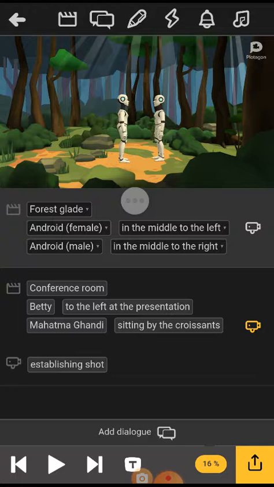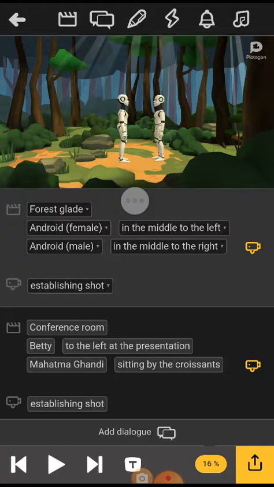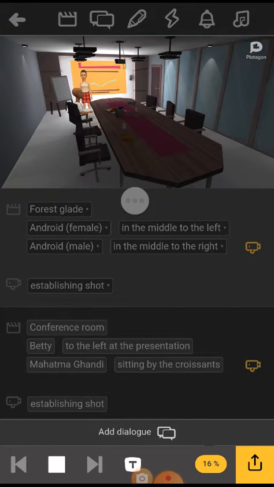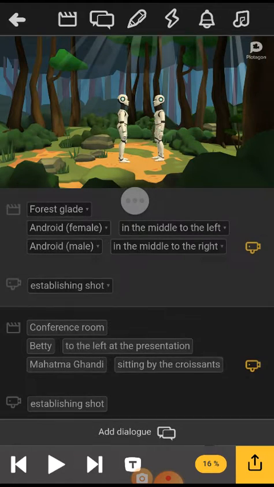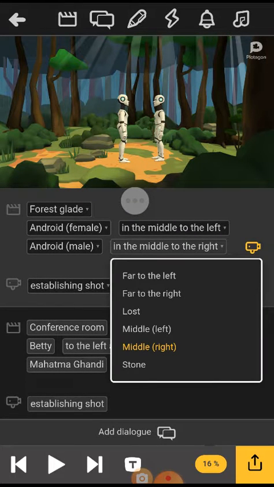So this camera icon here is what we use to change or edit our camera angle. Your camera angle, I will tell you something later on how and why your camera angle is important. So now let's see establishing shots. That is what I set the camera angle to. But if I want it to skip establishing shots, maybe I want it to,